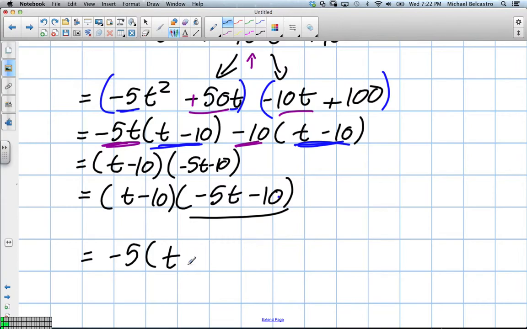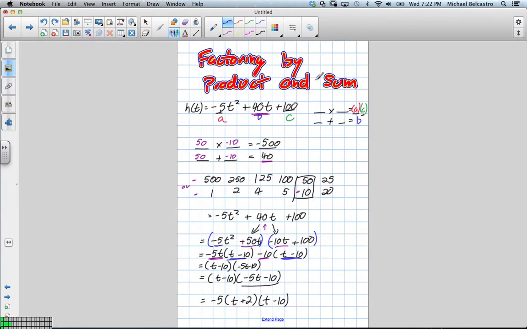Sorry, something came out funny there. That's it. Sorry, thank you. Plus 2. I knew something was odd. And there we go. 10 minus t. Perfect. Which, if you remember from the other one, was exactly what we had. Okay? So this is another factoring style. It's just using products and sum. And like I said, there's many ways to do